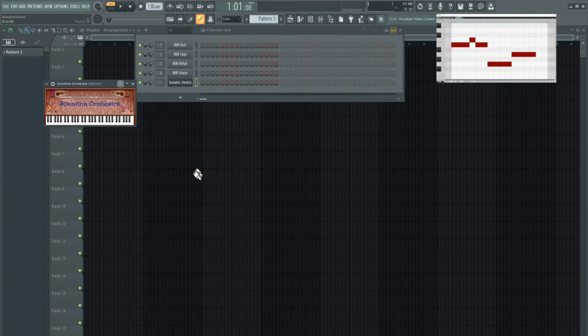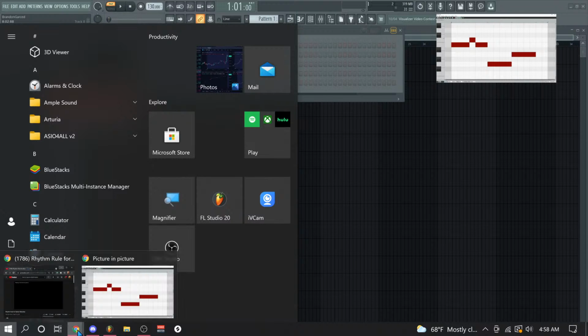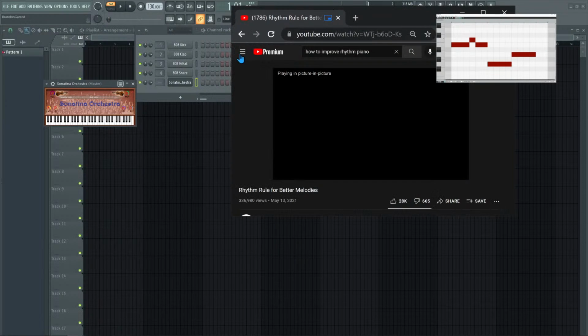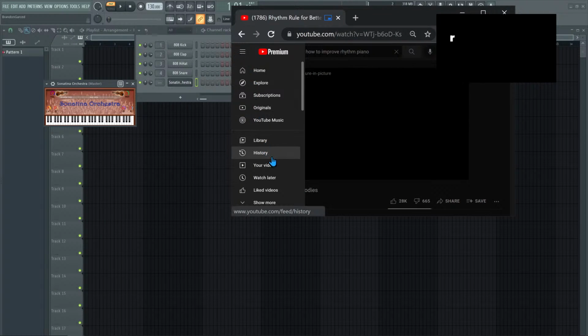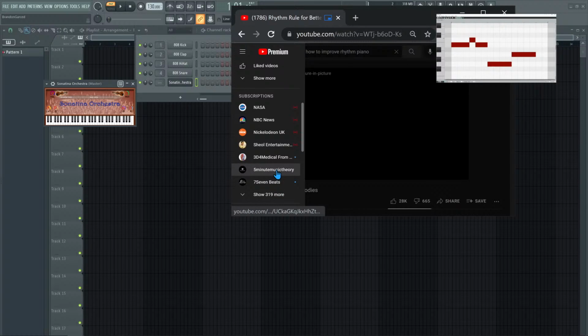Now, you're probably wondering how to tell if your melody's rhythm is boring. Easy, you give it the one note test. You see, removing the pitch element of your melody will expose its rhythm. In other words, if your